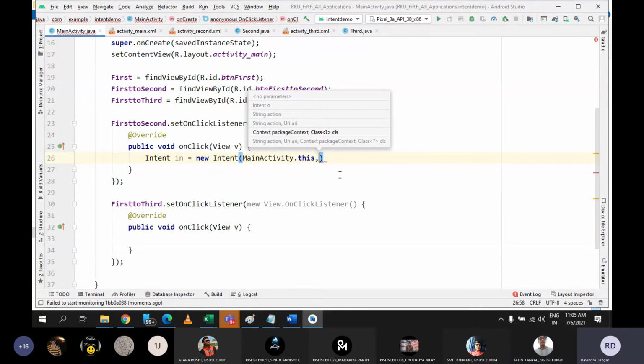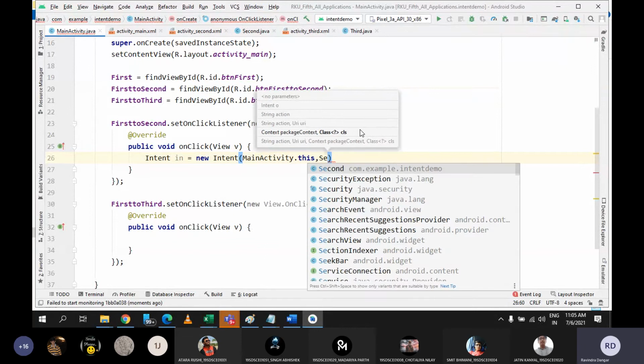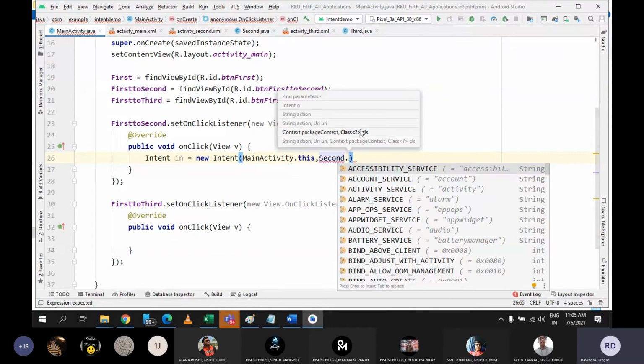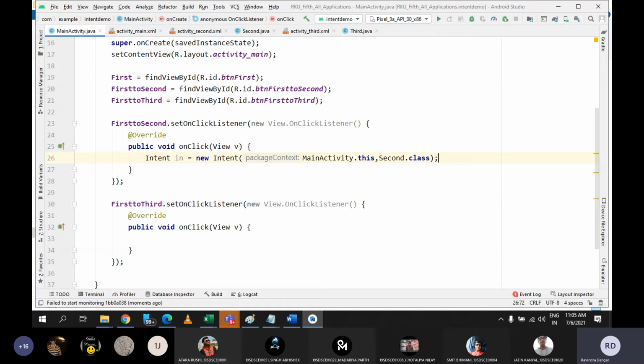Yes, sir. And the second parameter is the next activity in which you want to navigate. So I want to navigate to second activity, and for second activity the class file is second.java. So you need to remember that you need to write name of the activity, which is second in this case, and you need to call the class file, because once we create a class, once we write the code in Java file, whenever we compile it, it creates a class file. So to refer that file, you need to call it using class. So that's it. This is how you can create an object of intent.